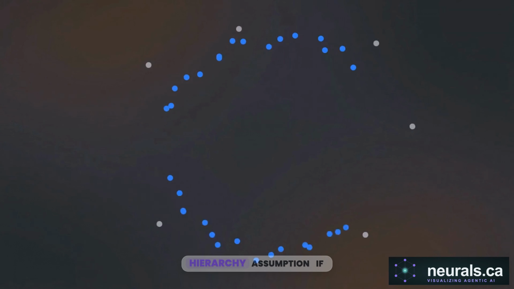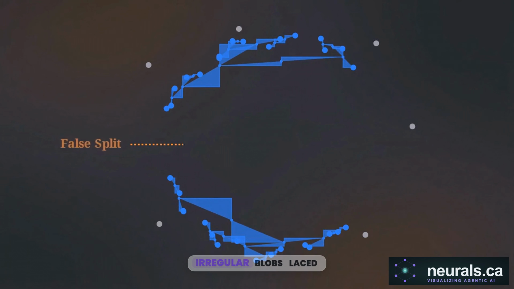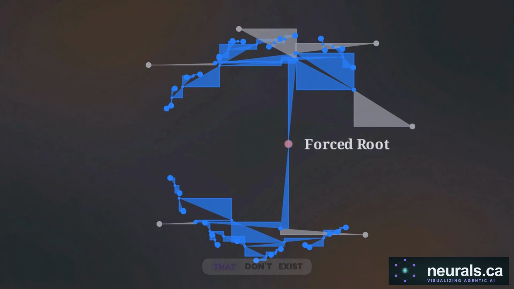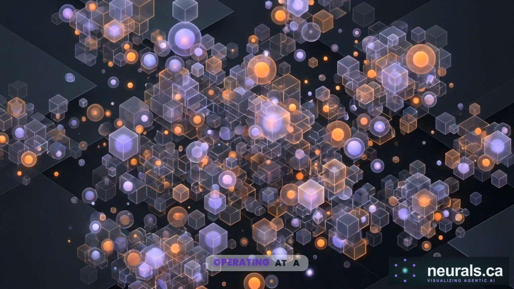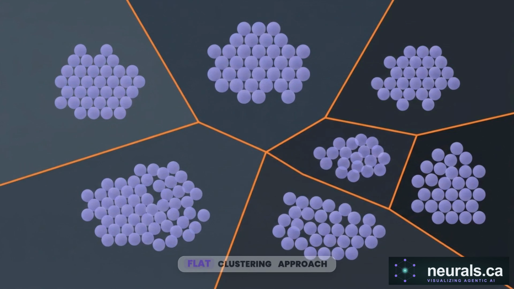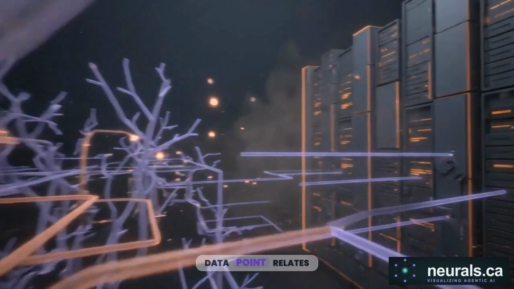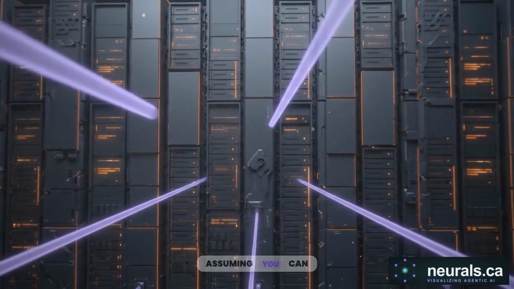Finally, there is the hierarchy assumption. If your underlying data consists of dense, irregular blobs laced with noise, forcing it into a branched tree shape creates false relationships that don't exist. If you are operating at a massive scale or dealing with highly irregular shapes, the tree becomes a liability, and a flat clustering approach is required. The dendrogram provides a clear, exhaustive map of how every data point relates to every other, assuming you can navigate